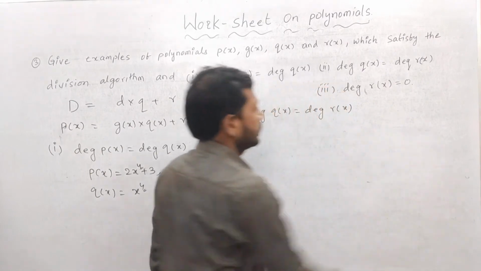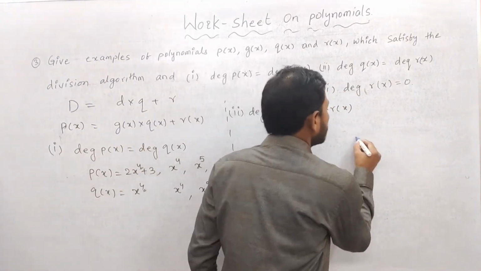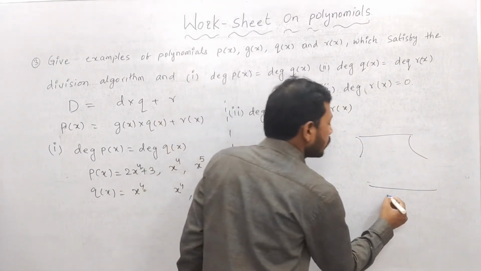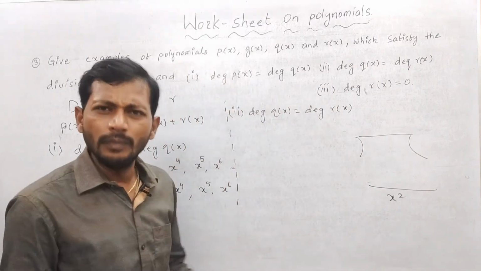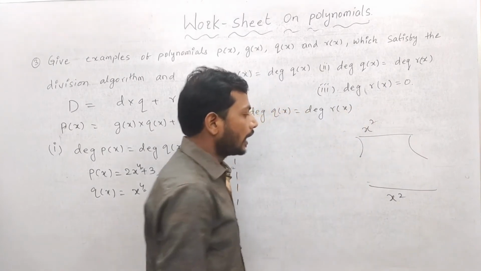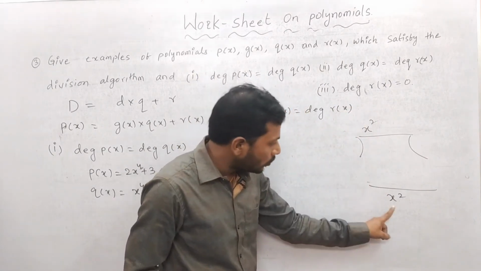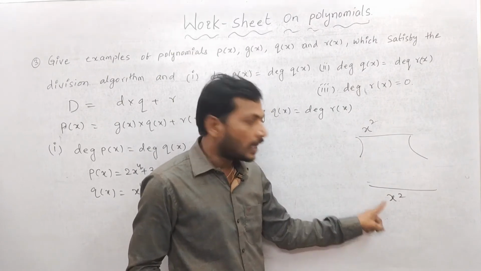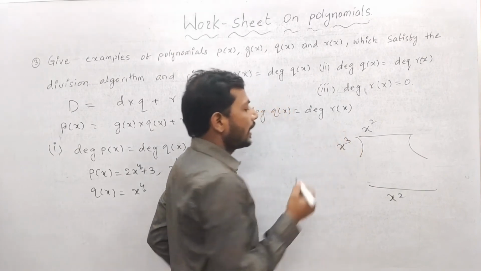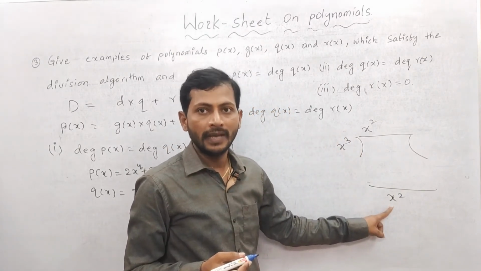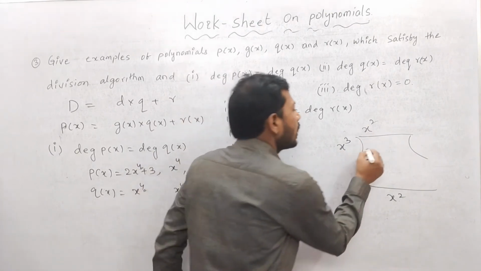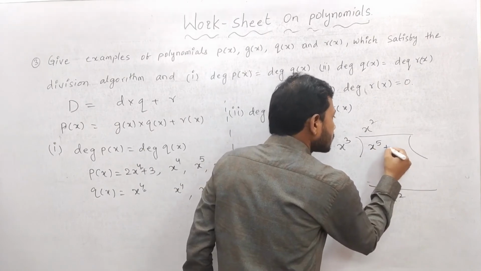I am telling like this. You require division. Very good. Remainder you require. For the remainder, I am going to take x square. I have simply taken one polynomial. If it is x square, then this is also how much? x square. If I take any term smaller than this one, it can divide this one. That's why I am taking a bigger size. Bigger size means more than x square, I am taking x power 3. x power 3 is unable to divide the x square because it is a big power. Then x power 3 into x square is how much? Sir, x power 5 plus x square.